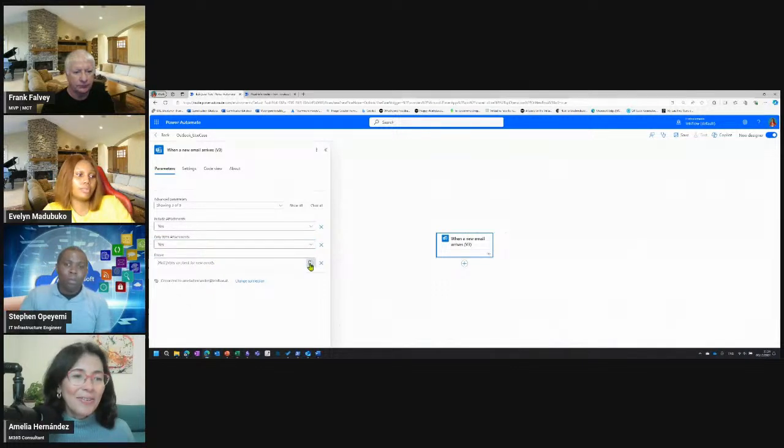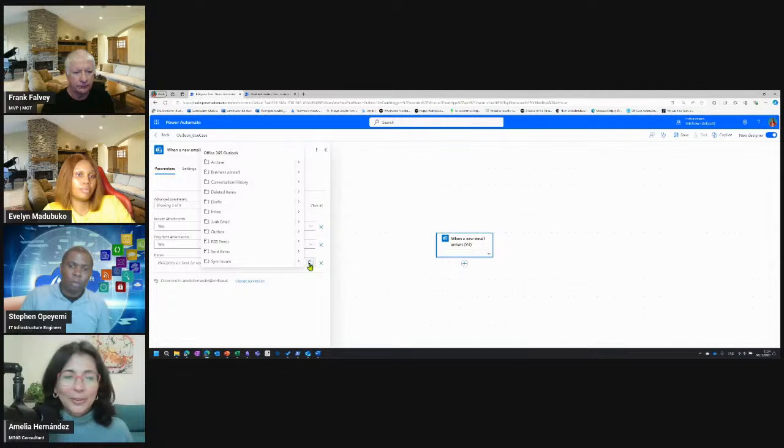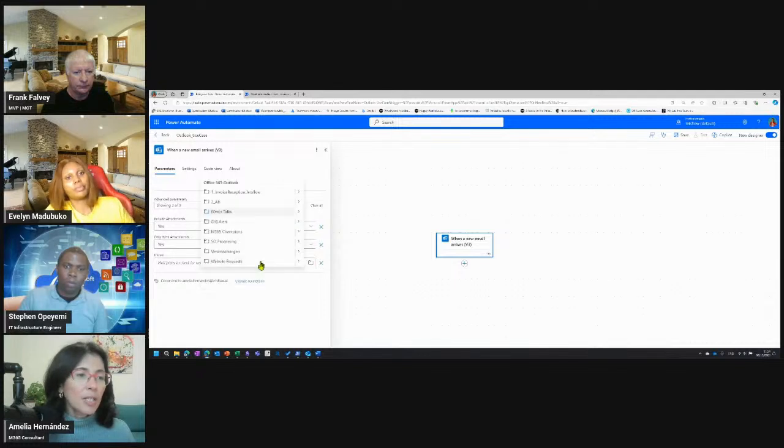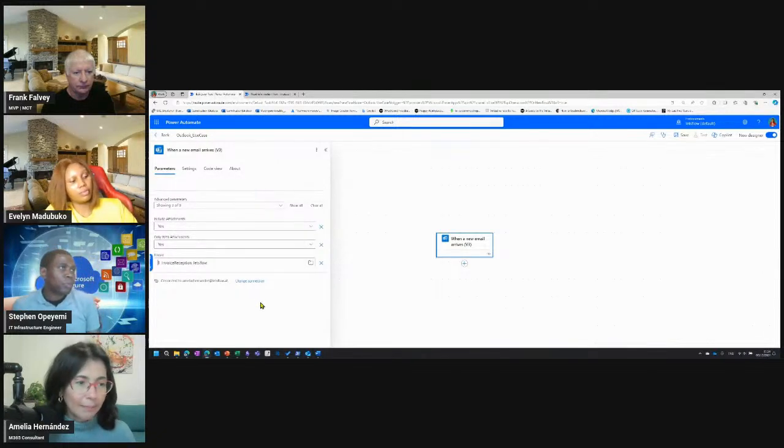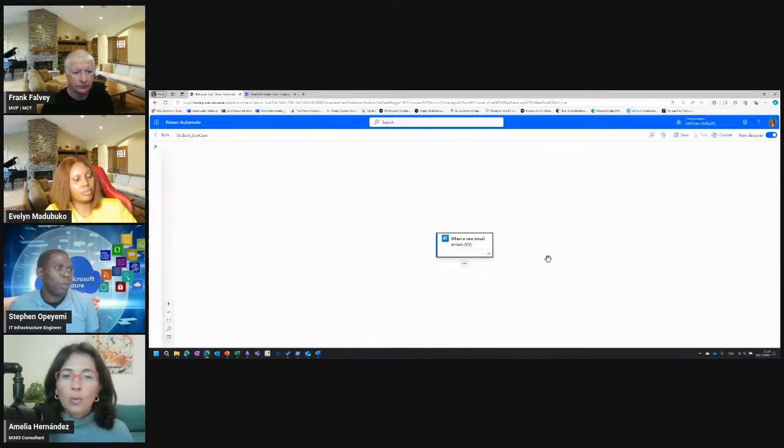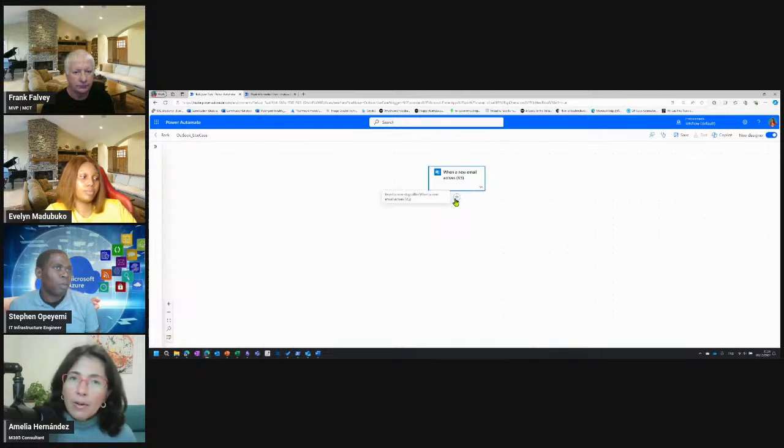And now we have to go for the folders. And here, okay, the folder, where is the folder? In my inbox, of course. And it's a subfolder in my inbox, which is called invoice reception. Yes. Okay, that's pretty much it. We have now configured our wonderful trigger. Yoo-hoo. And now we need